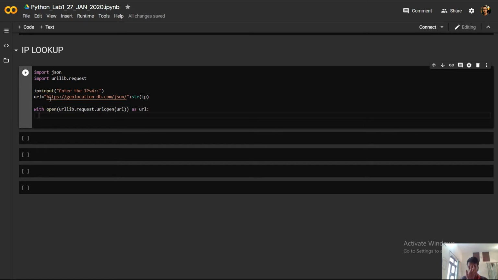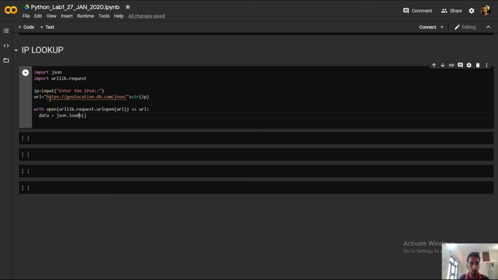Then we will load the object into the JSON. First we will read it and then decode it. So json.loads. What does it do? It loads the JSON object into, let's say, data.